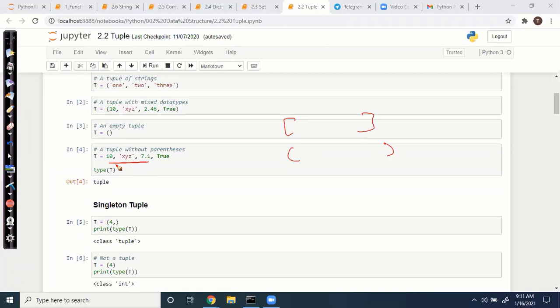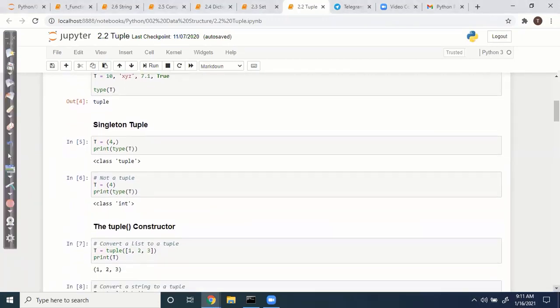If you assign anything comma separated without parentheses, its type is tuple. If you specify anything with only one value and a comma, that is also a tuple. But if you give a value without a comma, it is not a tuple, because a tuple should have a comma separator. This one is an integer.